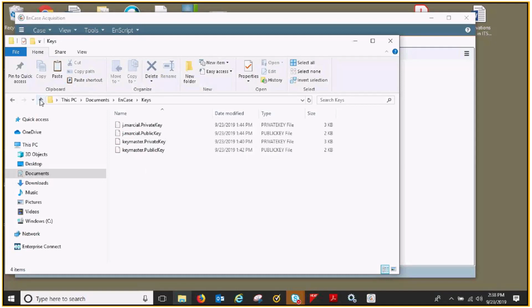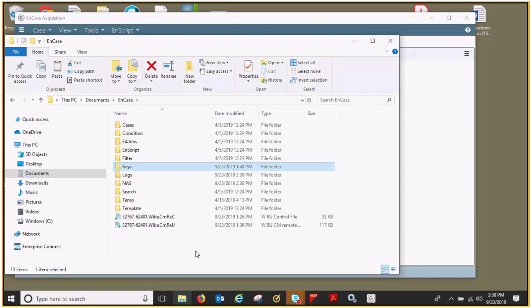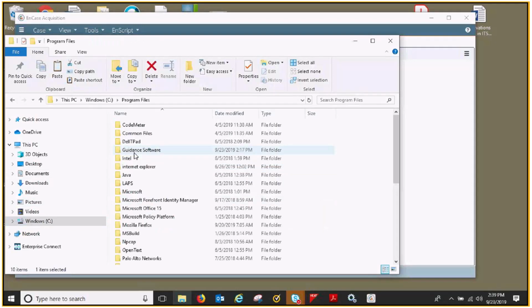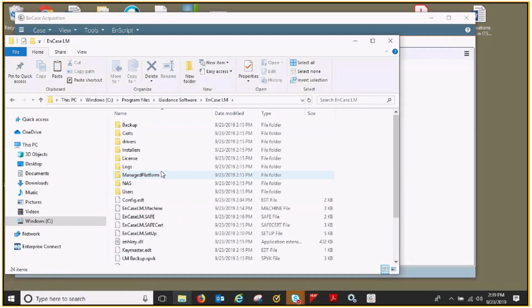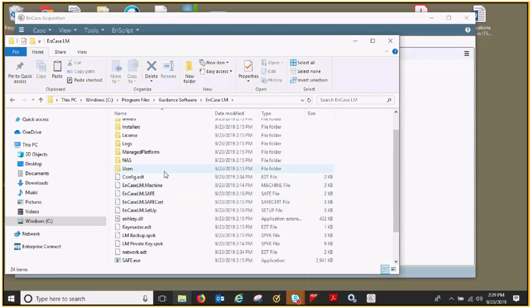Okay, never mind. Back up one directory, and let's go into C Program Files, EnCase LM, or Guidance Software LM. And EnCase LM, and go into your NAS folder in there,